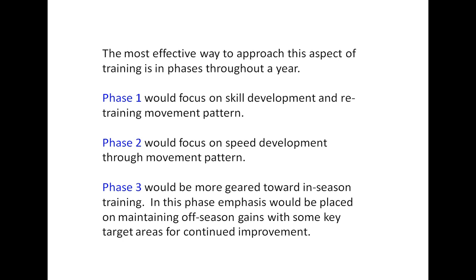So skill development is really our phase 1 approach. And typically we're looking at anywhere between 4 to 8 weeks of training to start to develop pattern. Now, we're not going to perfect pattern in 4 to 8 weeks. We make as much gain as we can, and then we take that gain and we go into phase 2,